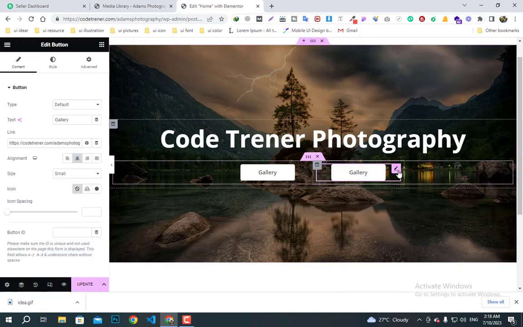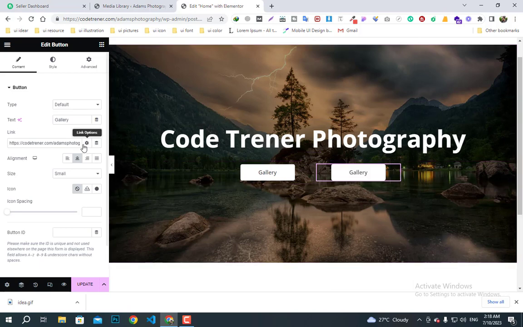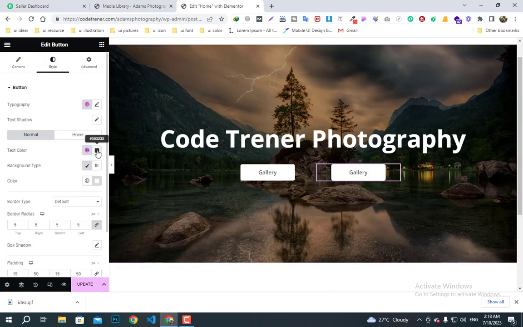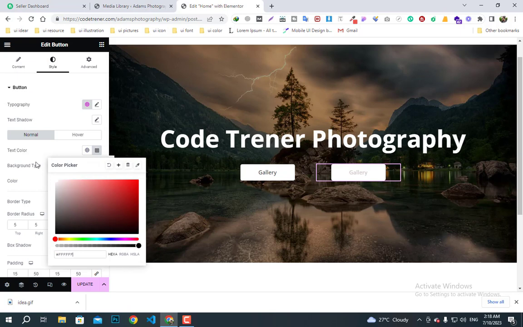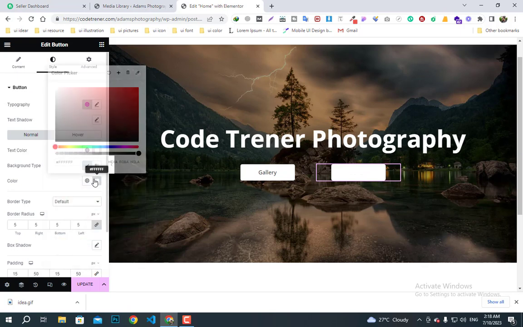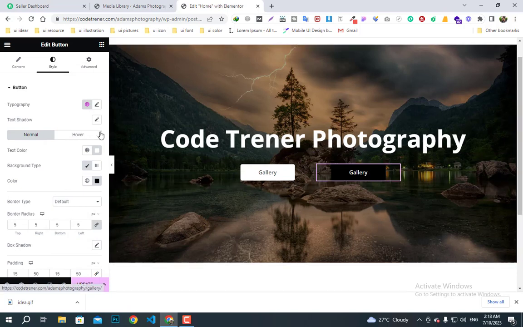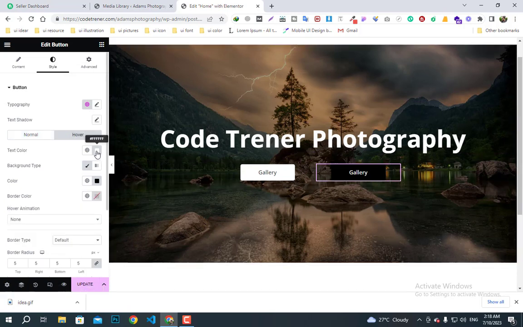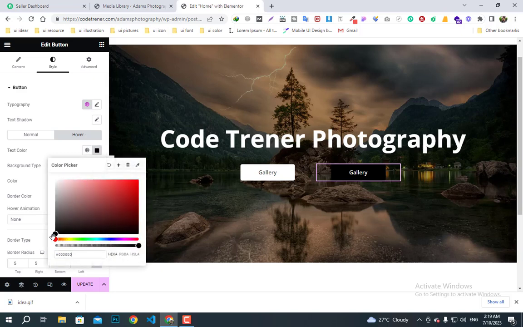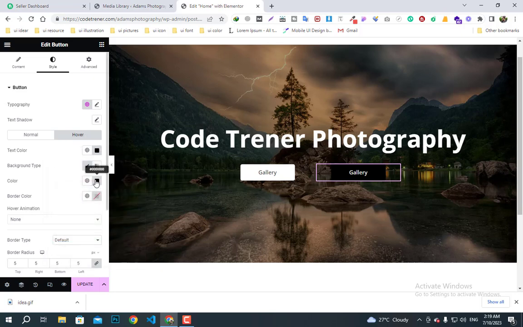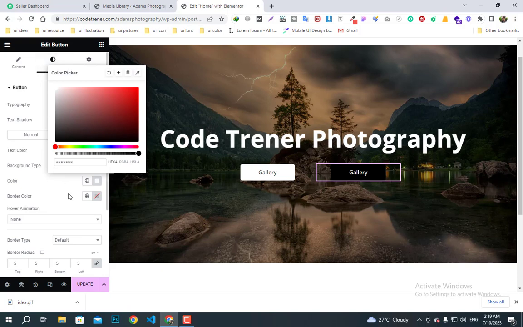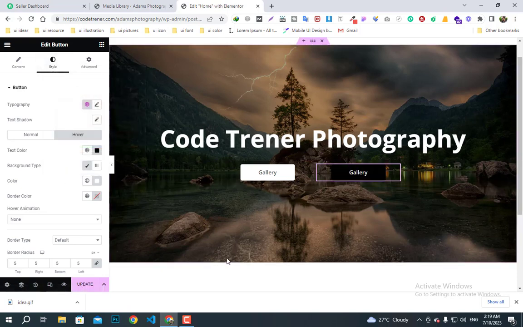and I will change a little thing, like I'll make its color to white and background color to black, and in hover I will make text color to dark and background color to white. Okay, it's perfect now,